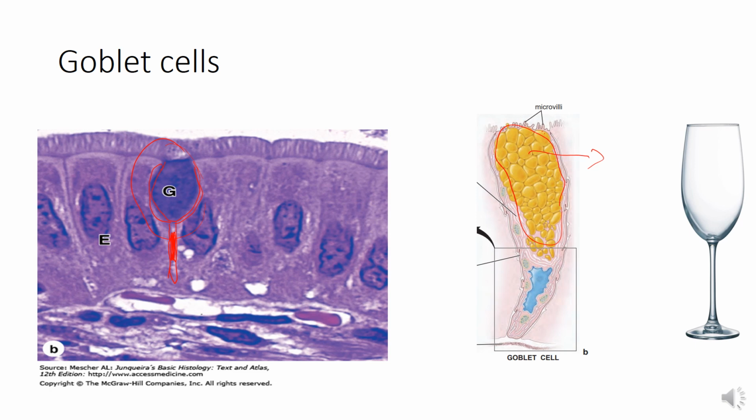Now electron microscopy shows that the luminal surface of the goblet cell bears a few microvilli. So you can see here, they bear few microvilli around the periphery, but it is smooth and convex over the secretory granules that nearly fill the apical part of the cell. Mitochondria, abundant rough endoplasmic reticulum, and numerous free ribosomes are scattered throughout the lateral and basal cytoplasm. The nucleus lies in the basal region of the cell, and a large Golgi complex is present between the nucleus and the secretory granules. So here lies the Golgi apparatus.